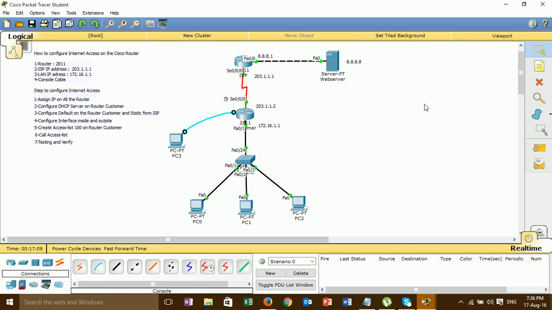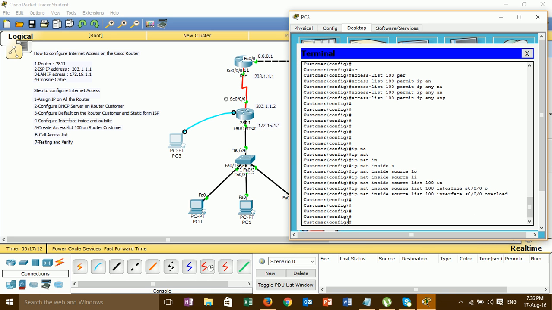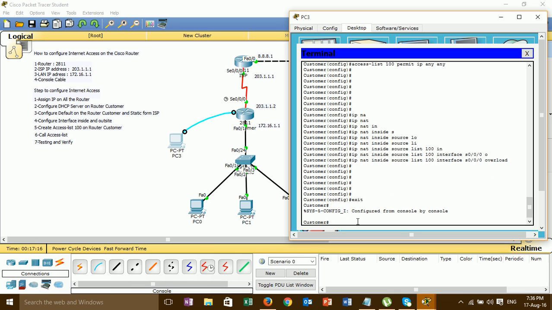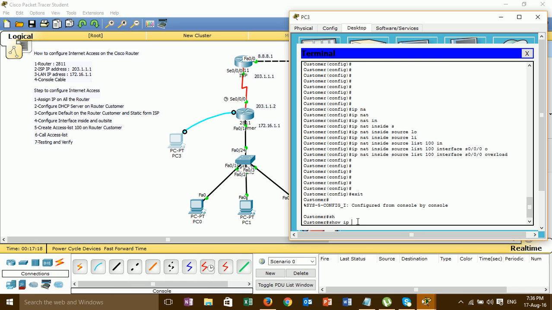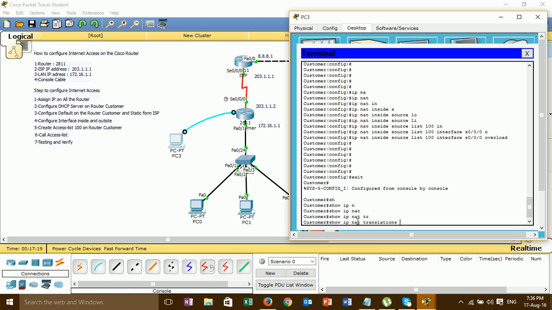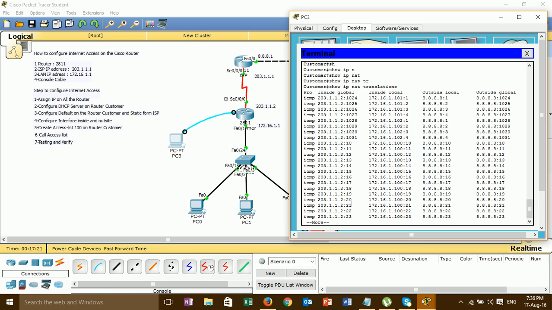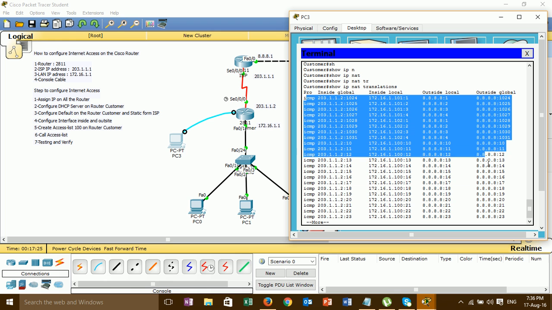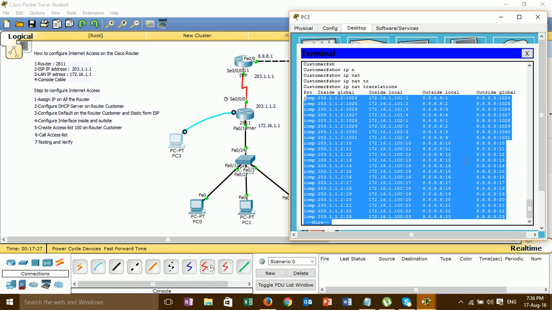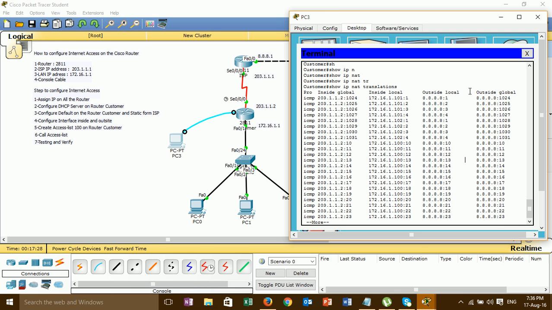Then you can go to the customer router and type show ip nat. When you see this, it means the internet is working. You see I'm trying to ping to the outside global.